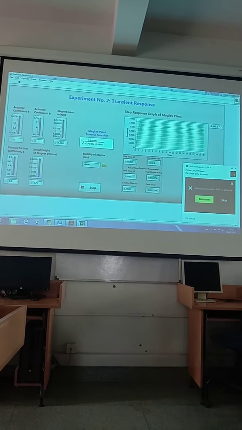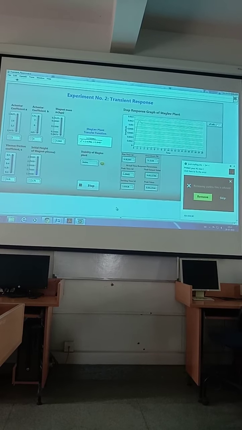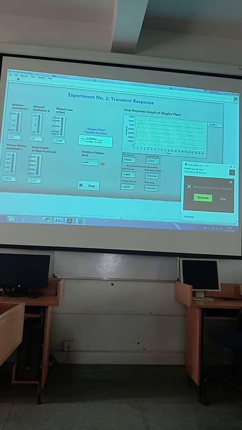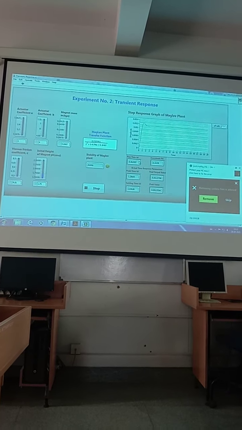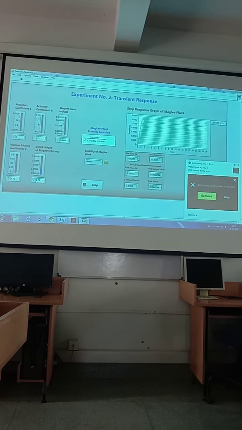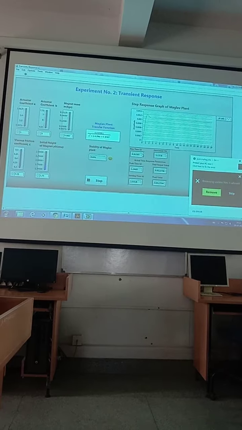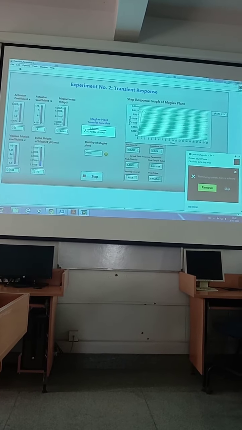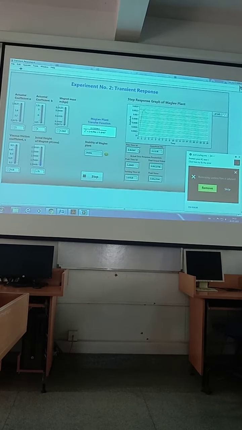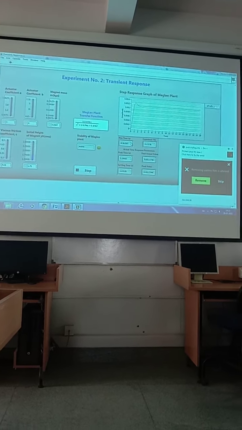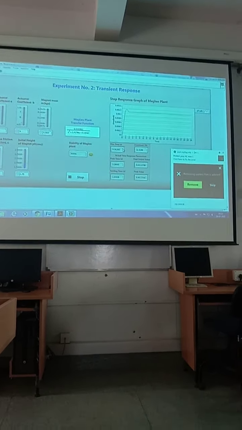Whatever you have calculated theoretically earlier should match the experimental values you are getting. These parameters, rise time, peak time, and overshoot values, should match.